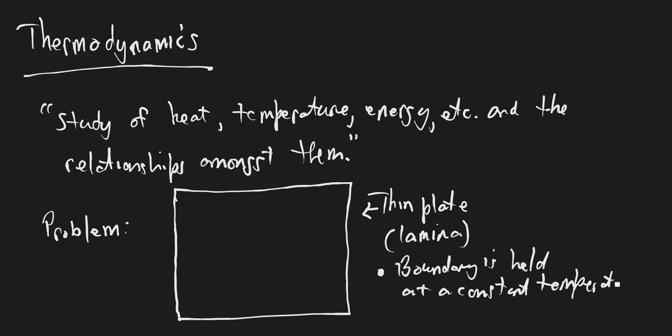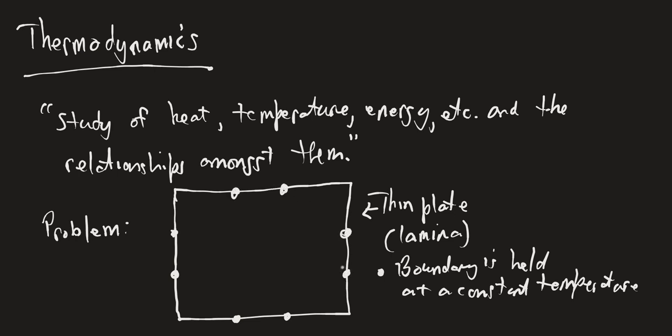Right? Now, it doesn't mean it has to be the same all the way around. It could even be, so what I'm going to do is I'm just going to highlight a few points along the boundary,